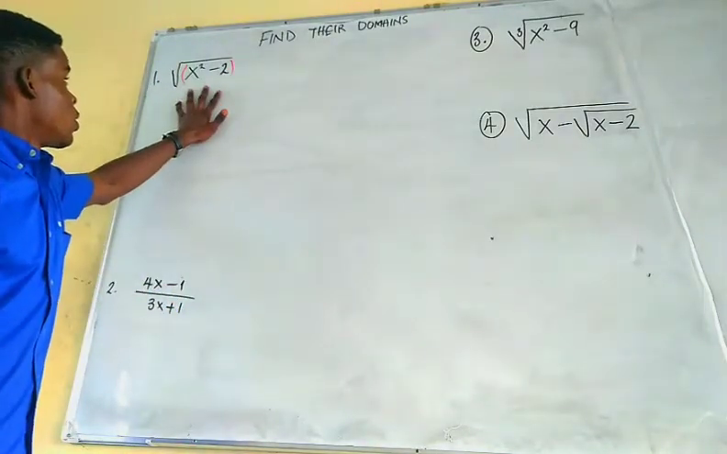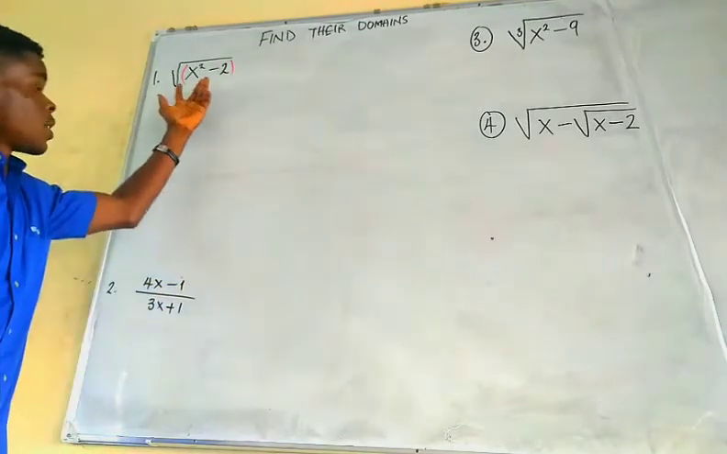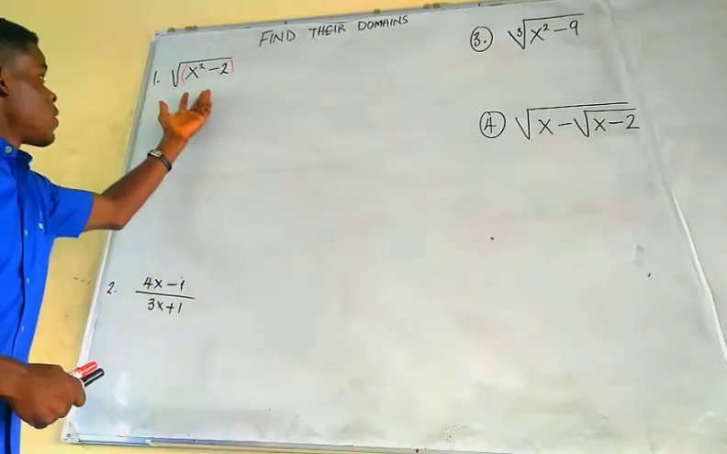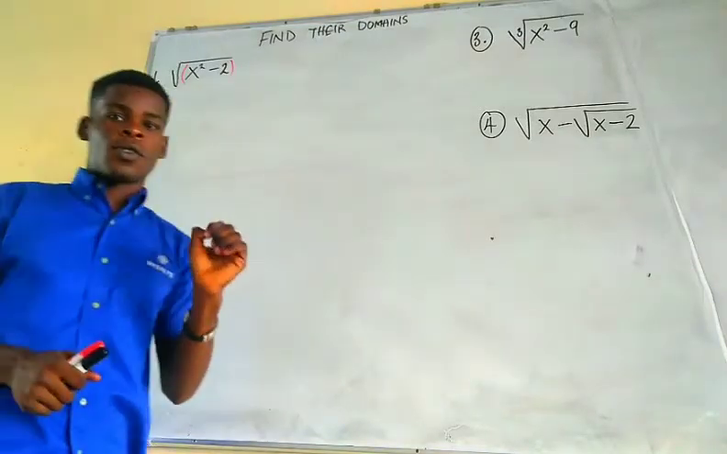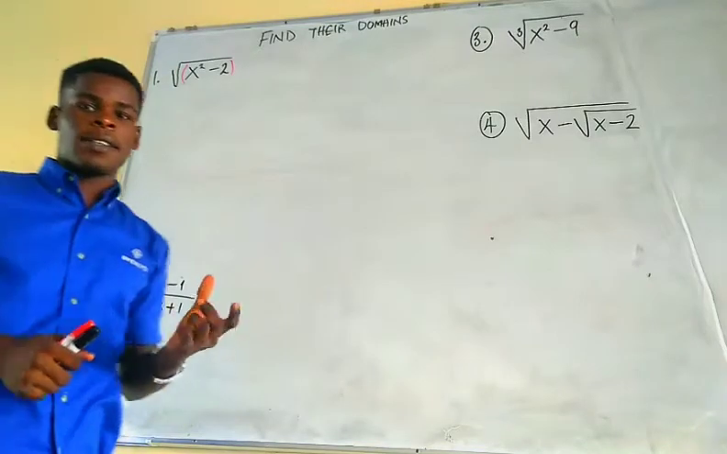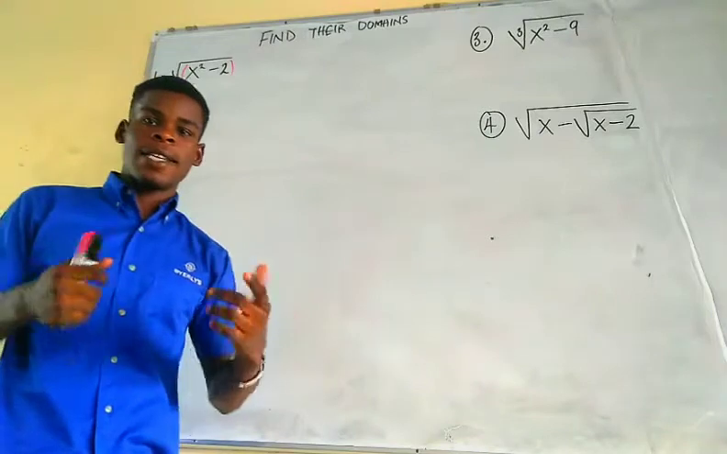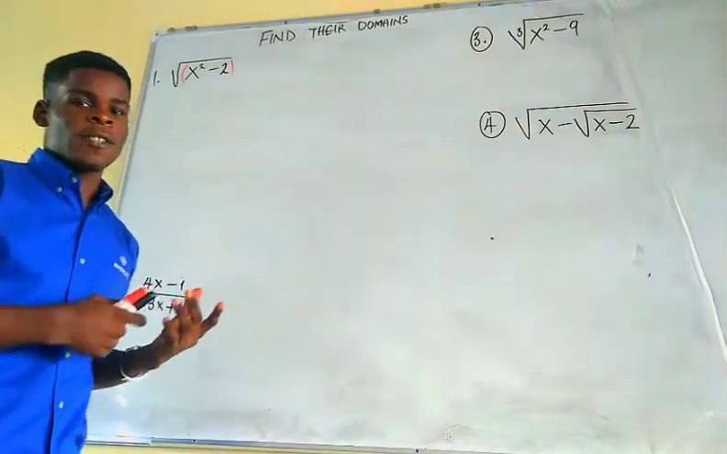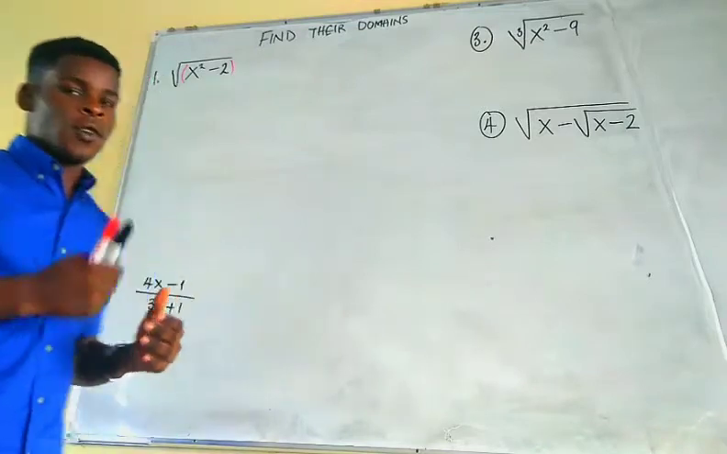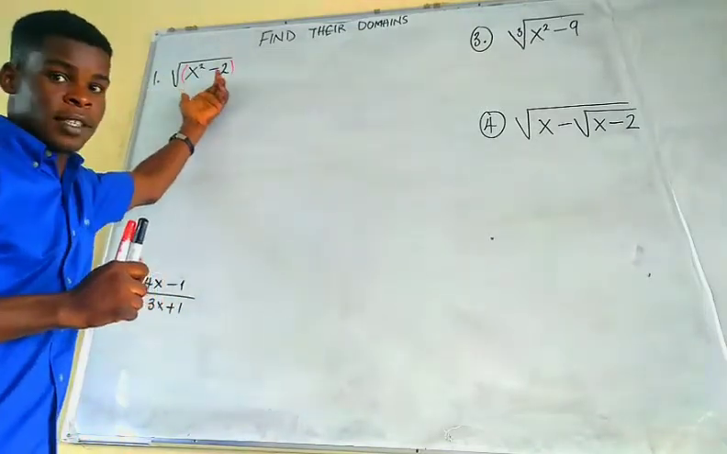The function inside the square root, that is x squared minus 2, is called the radicand. And the radicand of a square root should be greater than or equal to 0 for the whole function to be defined. If you have the square root of a negative number, a number less than 0, the result will not exist in the set of real numbers. So for that not to happen, we need to make the radicand greater than